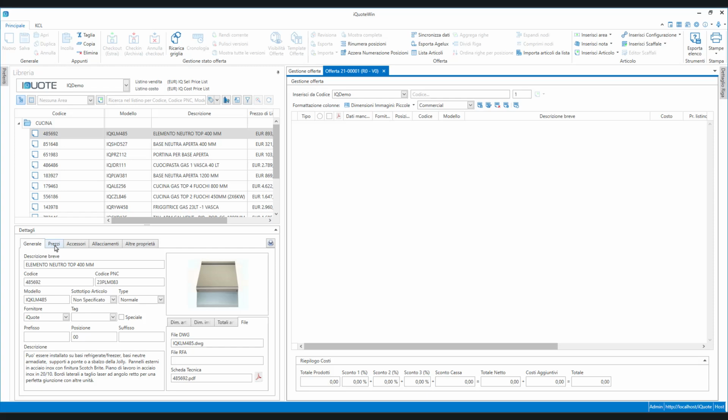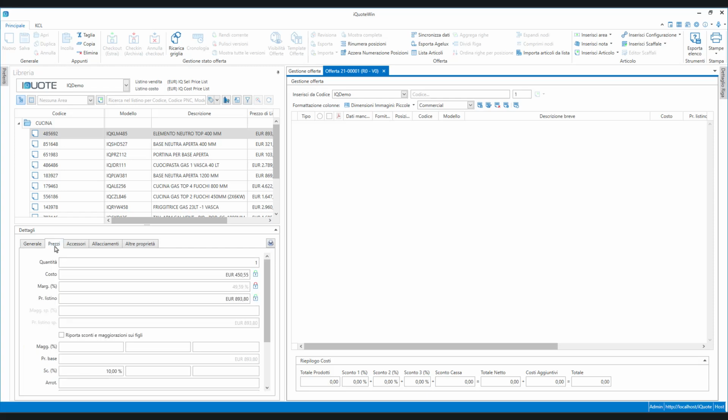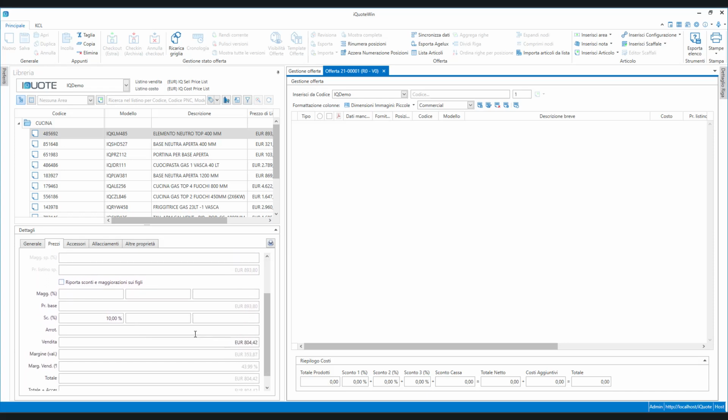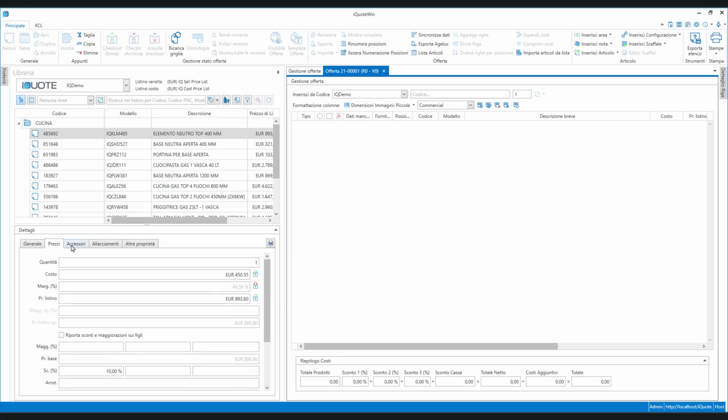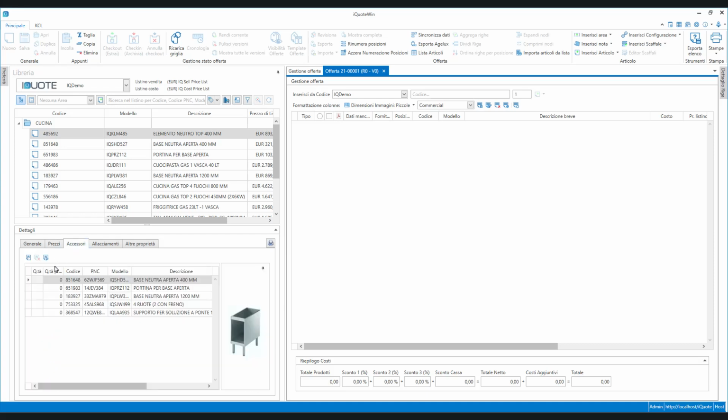There's also a price tab showing the list price and cost price based on the selected price lists. It also pre-applies the discount set for the brand, showing the final sales price. You can adjust the quantity and explore the Accessories tab, which lists accessories compatible with the item, as provided by